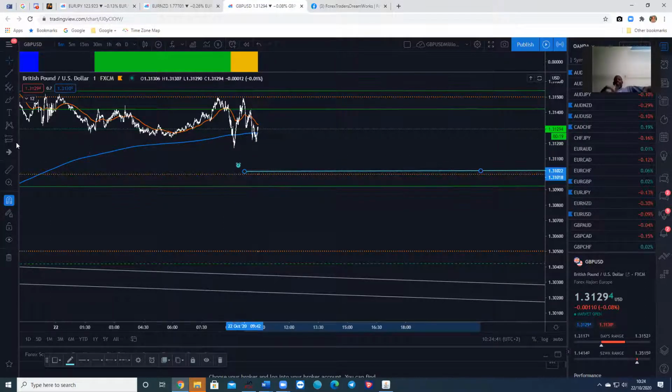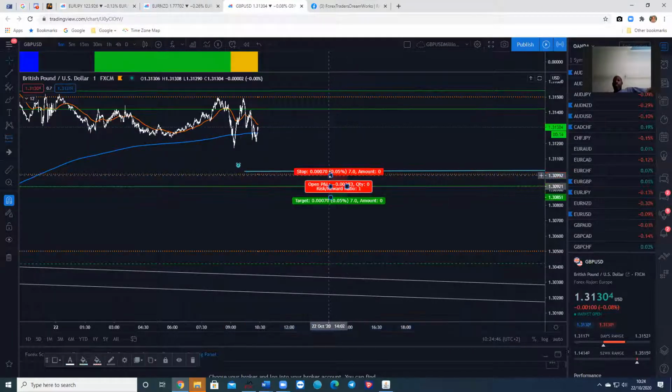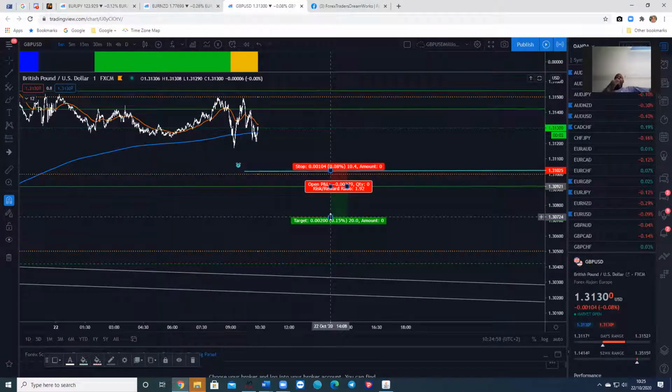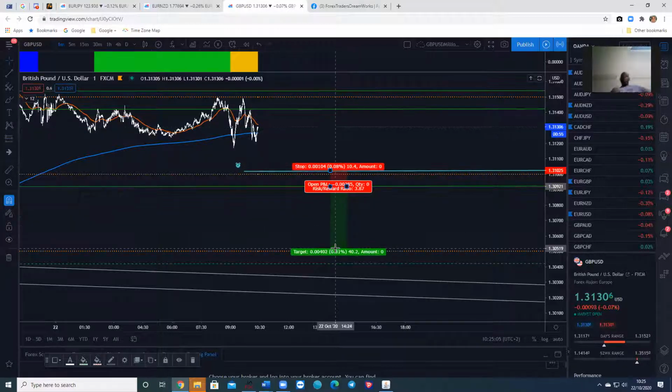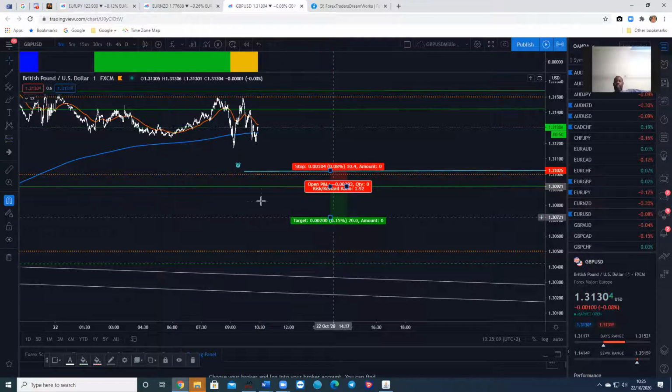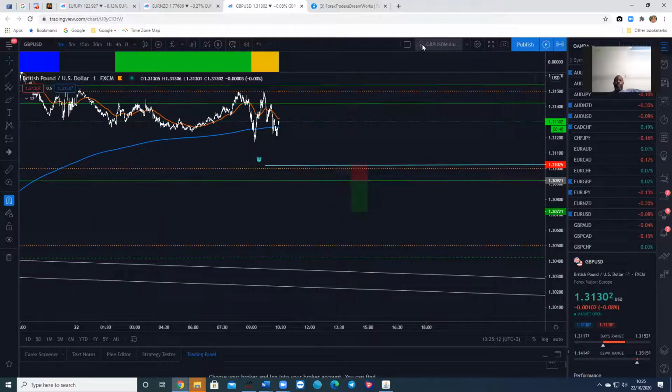but I'm going to put that there, and I'd be looking for this move here. That's the next pitchfork, 10 pips on GBP USD, and then down to, I always put it at the 2-to-1 risk to reward, just so I know my ratios when I'm moving my profit down as the price moves through it. But we're looking for that 40, 50 pips. But as I say, we don't know what that talk's going to do. So that's GBP USD.